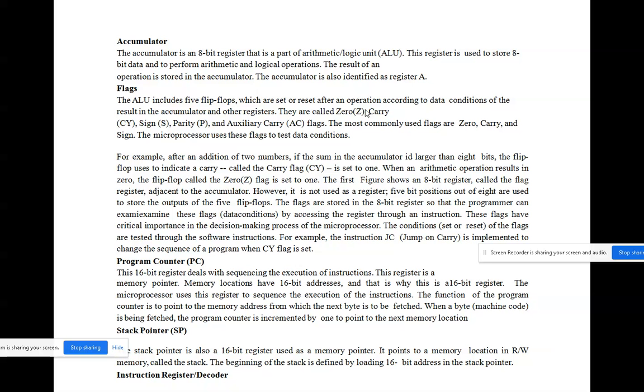In the result, if the number of ones is an even number, then it is even parity. If the number of ones is odd, that will be called odd parity. Odd parity and even parity will be indicated in the parity bit. Odd parity means 0, even parity means 1 will be indicated in that bit.